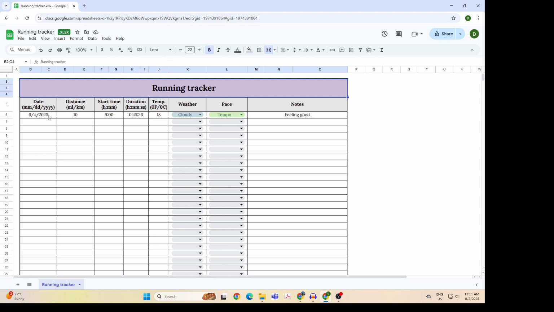In this video I'm going to show you how to create a fully customizable running tracker using Excel or Google Sheets. In this running tracker we are using a simple table to log our runs and keep track of key details. Date, the day of your run, distance, how far you run either in miles or kilometers, start time, the